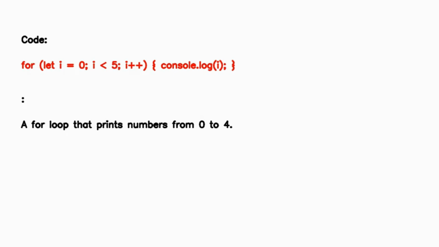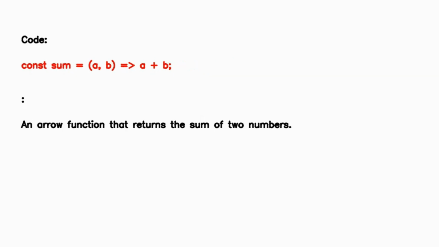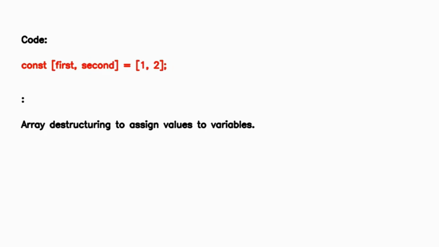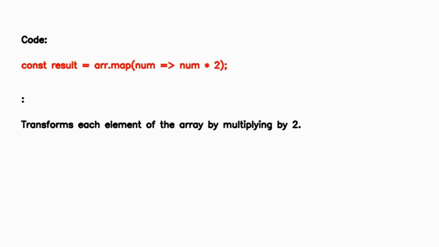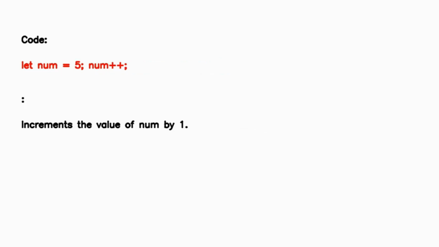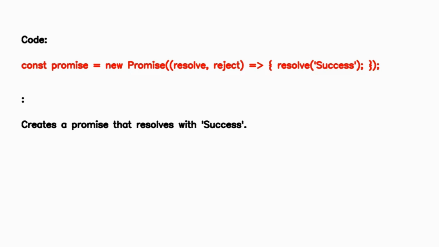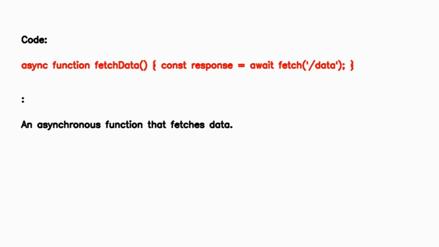that prints numbers from 0 to 4, an arrow function that returns the sum of 2 numbers, array destructuring to assign values to variables, object destructuring to assign values to variables, transforms each element of the array by multiplying by 2, increments the value of num by 1, creates a promise that resolves with success, an asynchronous function that fetches